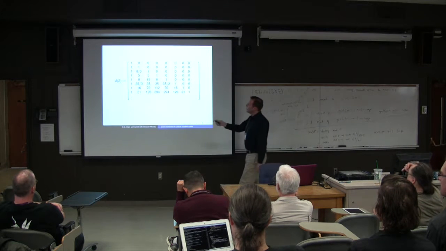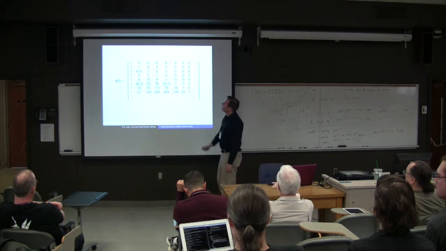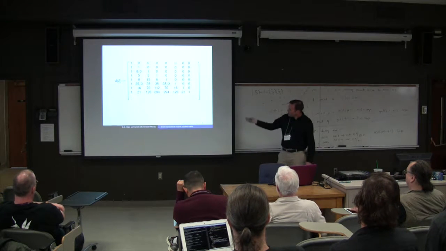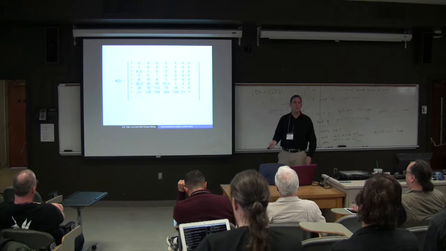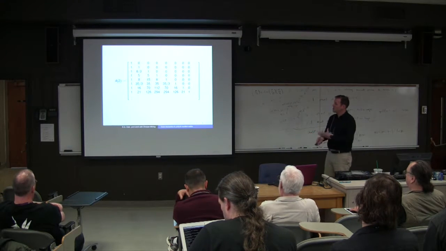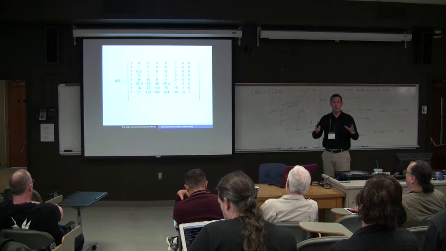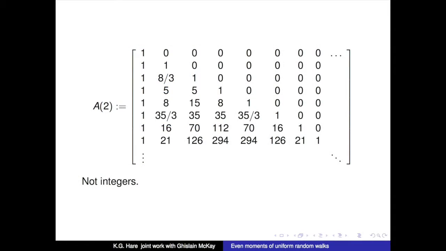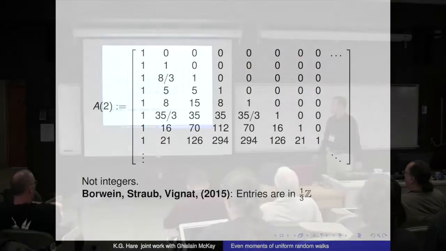When we get to the next one, A2, we've got a bunch of 3s in the denominator. I'll talk a bit more later on about where these 3s occur, because it's actually sort of open. We know visually where they occur and that something's going on and there's a lot of structure, but we don't actually know what's going on. So they're not integers, but it was proved that every single one of these entries is either an integer or an integer over 3. So it's in 1/3 the integers.